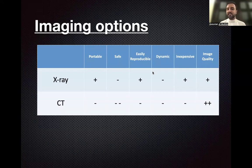Going for CT scan, it's definitely not portable. The safety, the amount of radiation is very high. Definitely, it's not reproducible and not dynamic. It's a bit expensive, but the image quality is a little bit way better than the X-rays and other